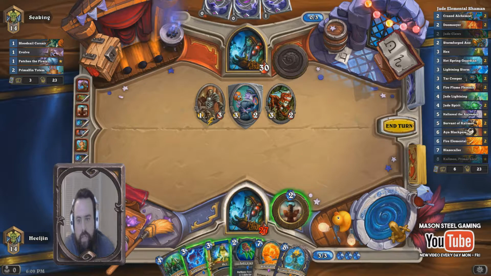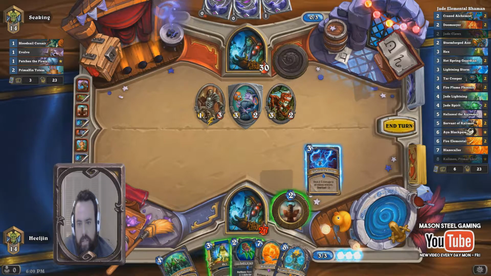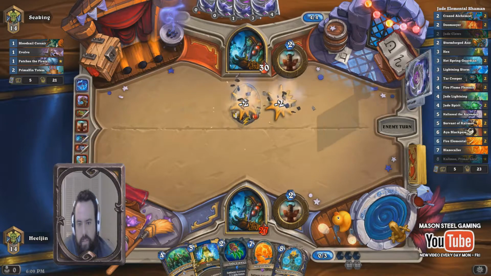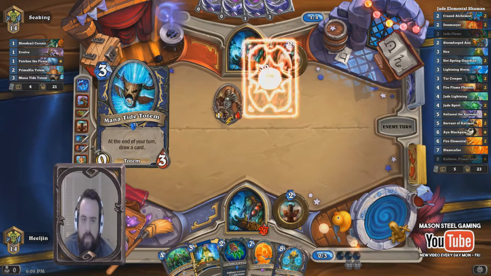We can go over the Lightning Storm here. I think we'll go ahead and burn it. There's a chance we get his Acolyte dead. We missed the Acolyte kill, unfortunately. I think that was worth the risk because